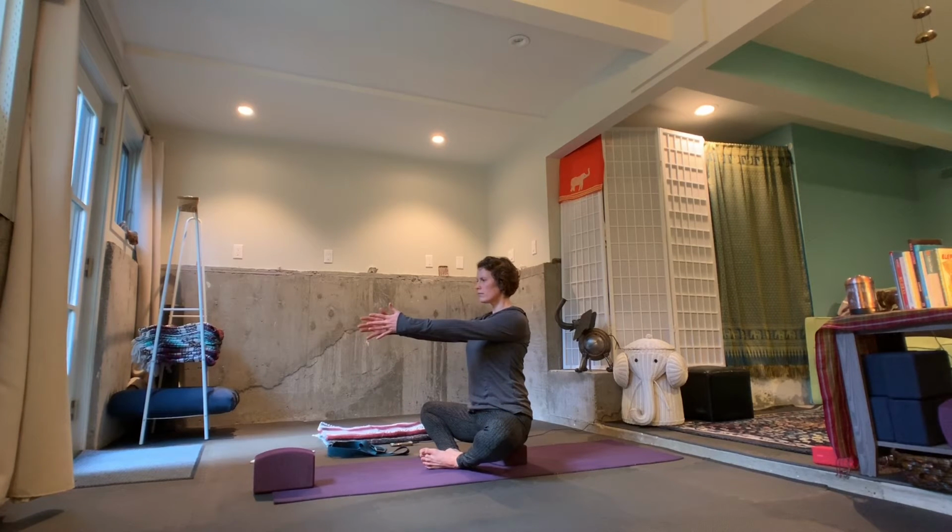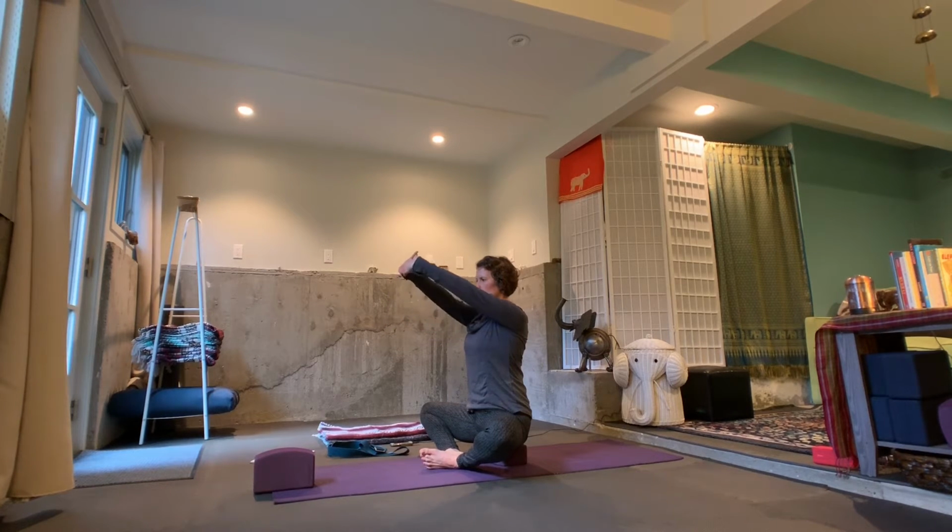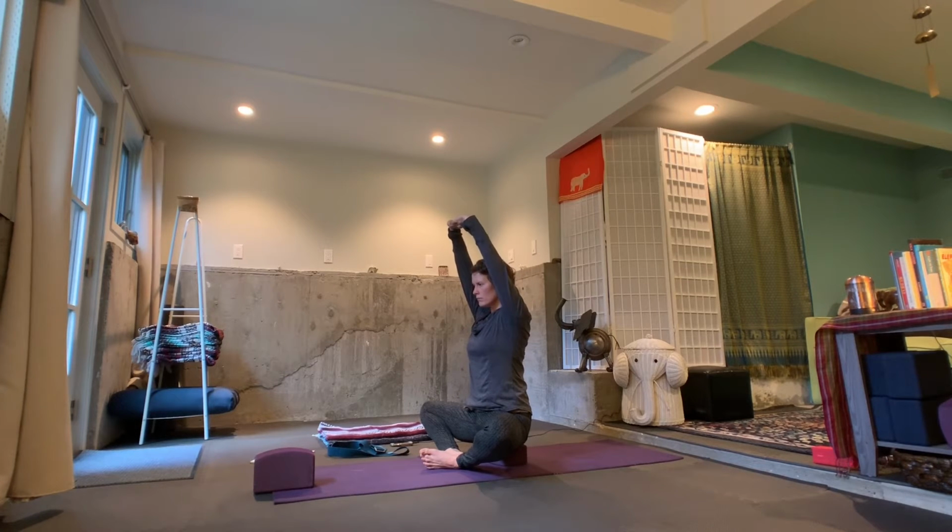When you're ready, bring your arms out in front of you. You can clasp your hands, turn your palms out and away from you. And on an inhale, you can bring the arms up and overhead, only going so far as you can without letting the knees rise too much, without tucking the chin towards the chest, without letting the front of the ribs poke towards the ceiling. So keeping the knees roughly where they are by pushing through the soles of the feet into each other,